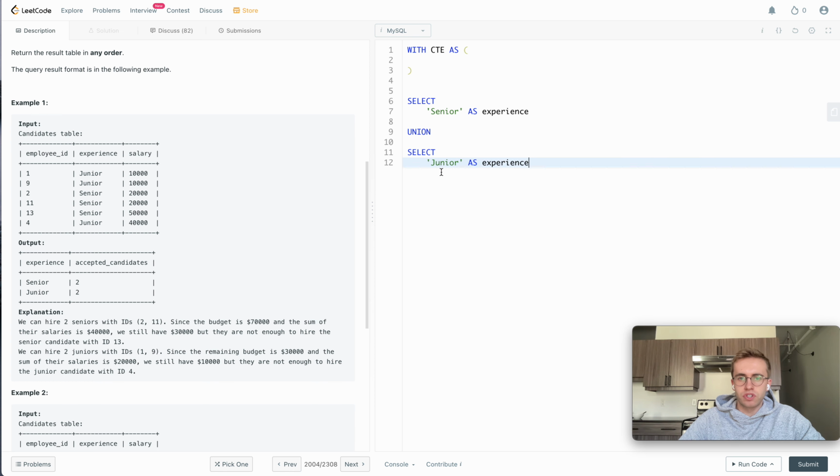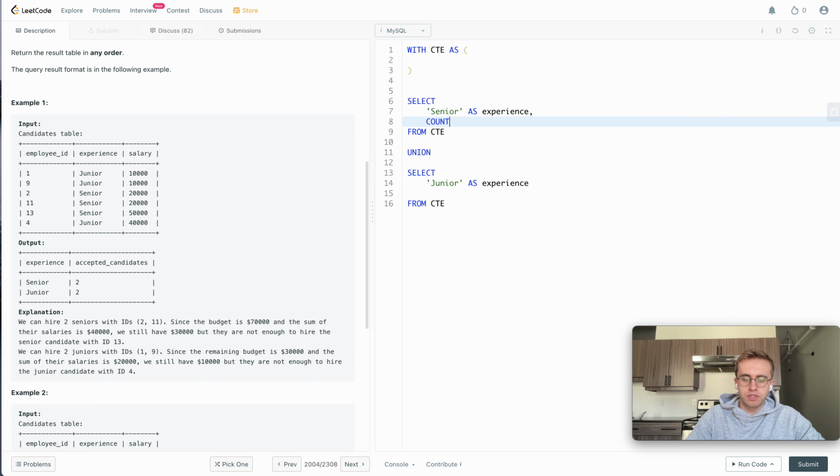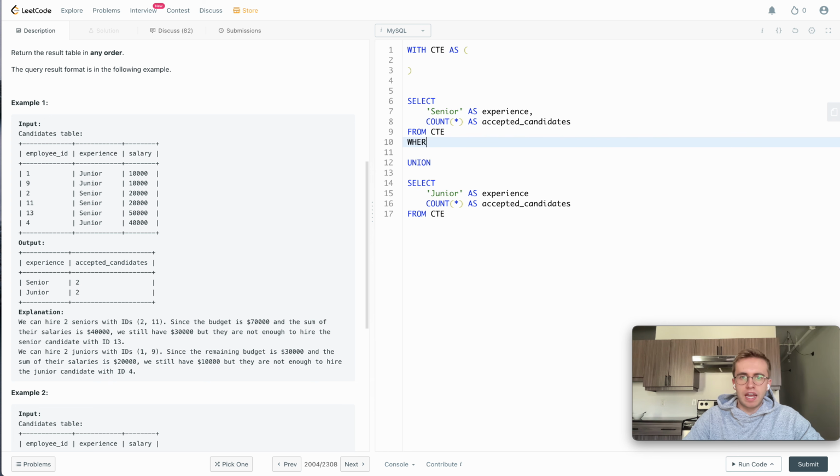These are going to be pulled from the CTE that we're going to make use of, for the number of accepted candidates. Then we need a comma, and we're also going to take the count as the number of accepted candidates for both of them. Okay, and we're going to have a where clause,